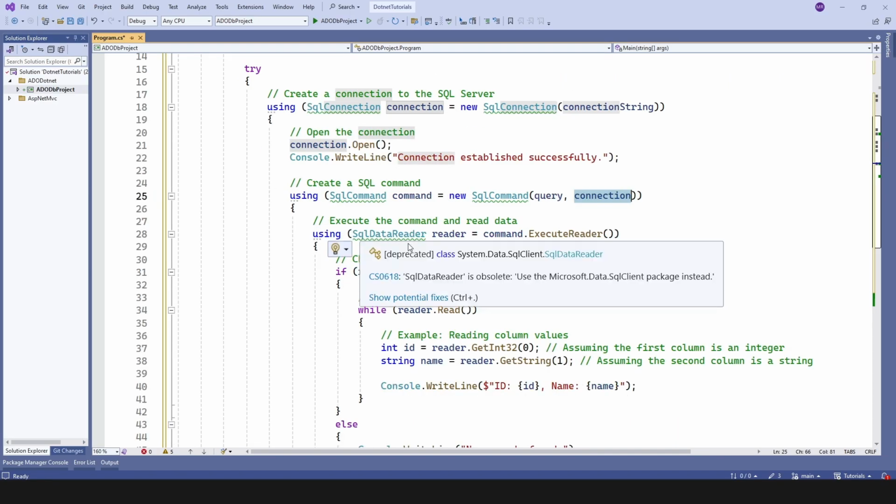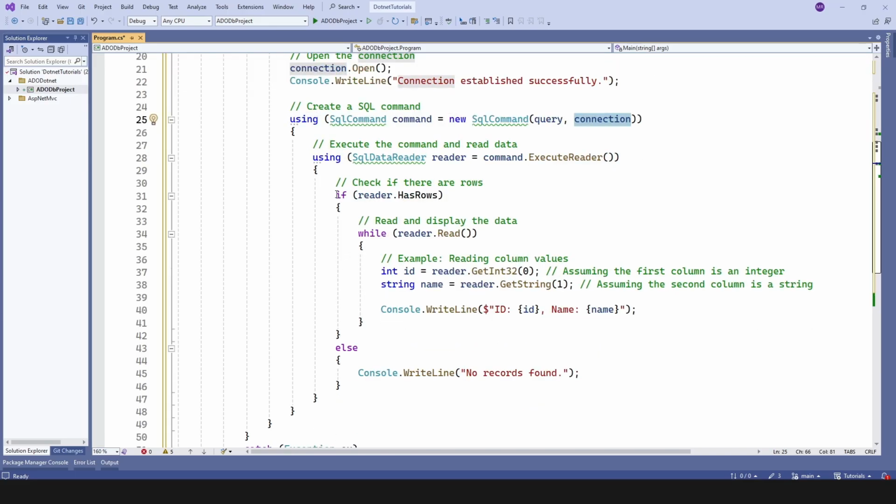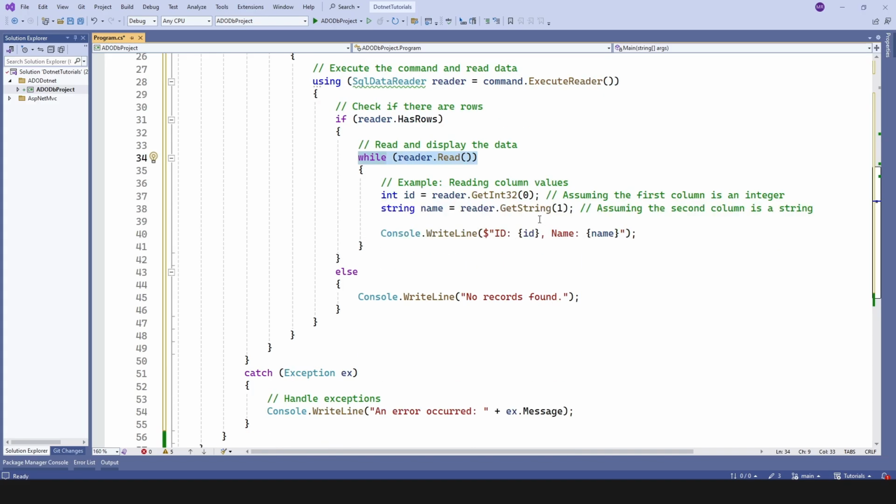Next we are creating a data reader and we are executing our reader on the command, and we are checking with the reader that if we still have rows then go and try to read until we are getting false with that read method. So first thing we are getting GetInt32, and that should be fine. That would be our employee ID, and next would be on the first we should have a name, employee name,